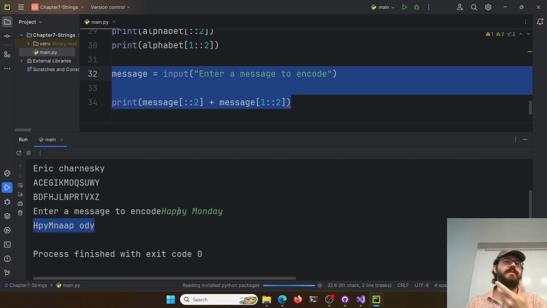So this is a pretty quick way to scramble it or encode it, right? If you give this to somebody, you tell them, hey, it's every other letter to start and then every other letter after that. Like we could put this back together, right? Might take a little bit here, but you add in your blanks. The space is right here because it ended up in the second half. The first half was H, P, Y, capital M, N, A. And the second half was A, P, space, O, T, Y.